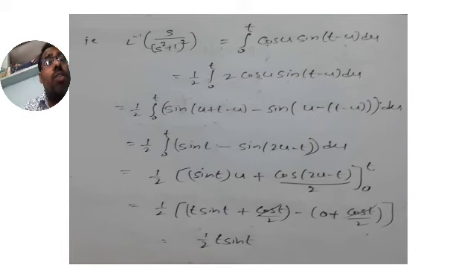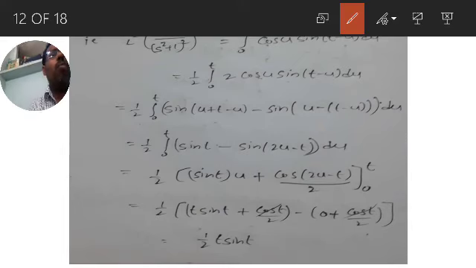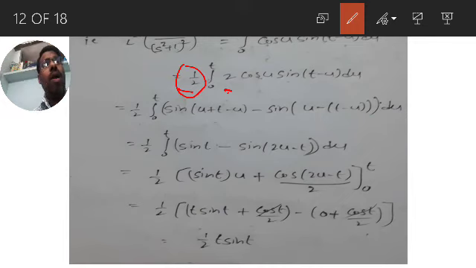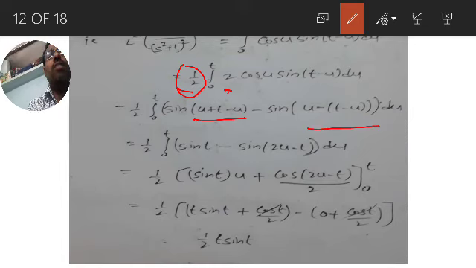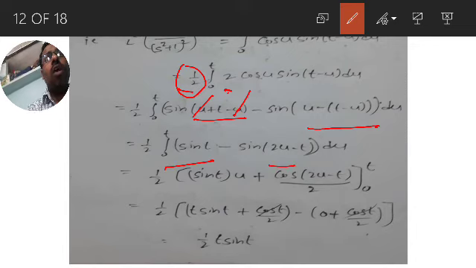It is cos a sin b, but the formula is 2 cos a sin b equals sin of a plus b minus sin of a minus b. So in order to convert into the formula, multiply and divide by 2. You multiply by 2 and divide by 2. 2 cos a sin b is sin of a plus b minus sin of a minus b. Here u minus u cancels, you got sin t, and u plus u is 2u. So the answer is sin t minus sin of 2u minus t.